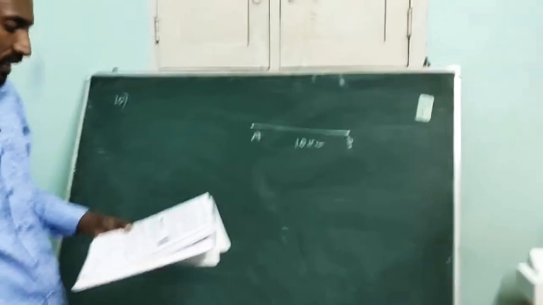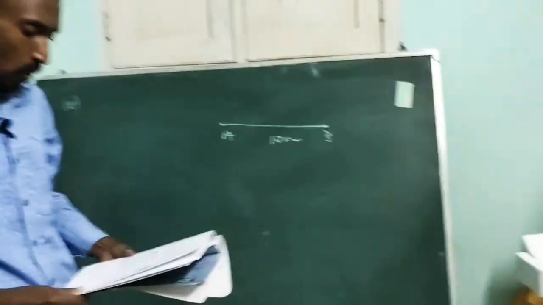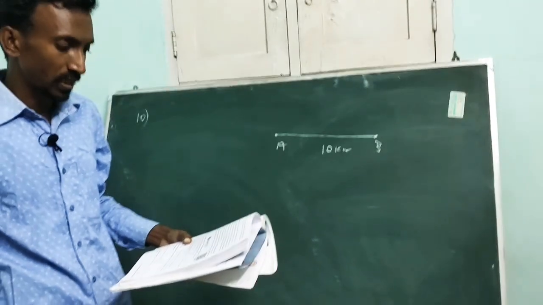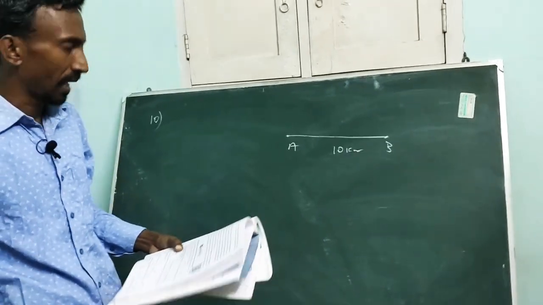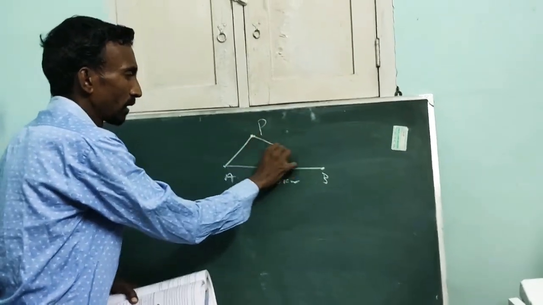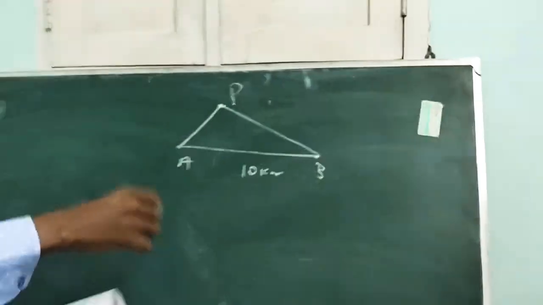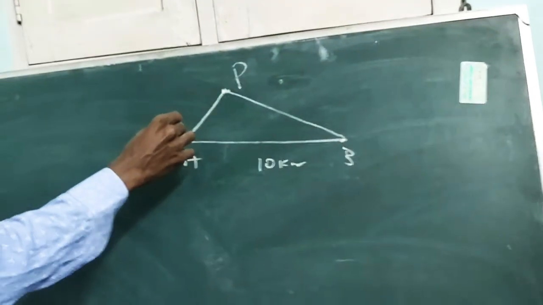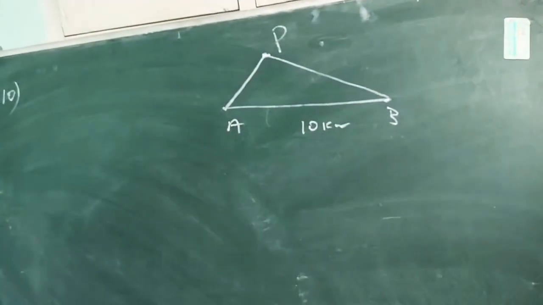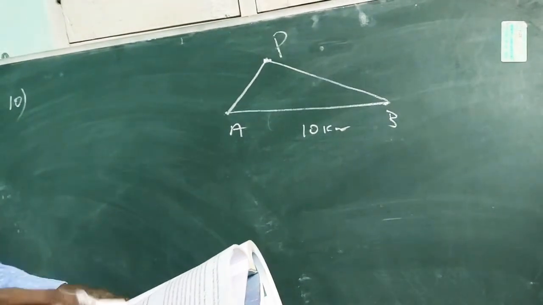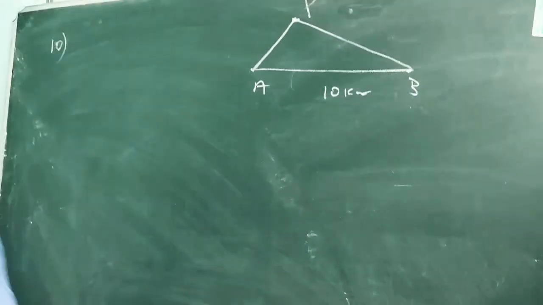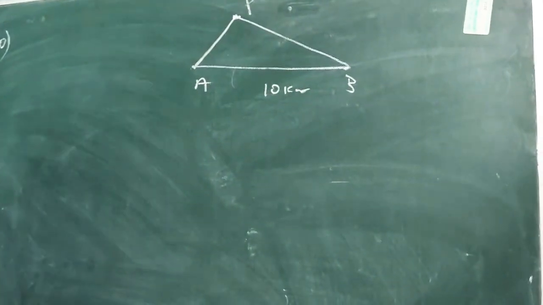And it is determined from a sound of an explosion heard at those points at different times that the location of the explosion is 6 km closer to A than B. So the explosion is here. It is given in the next sentence. The question is to show that the location of the explosion is restricted to a particular curve and find the equation of it. So for that one, you have to recall the focal property of hyperbola.